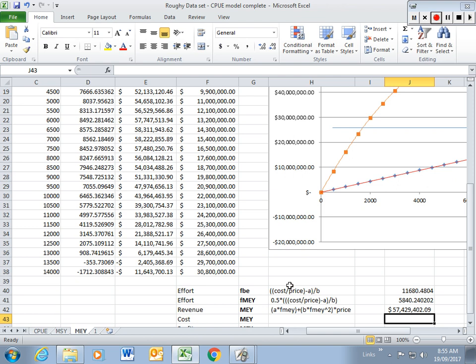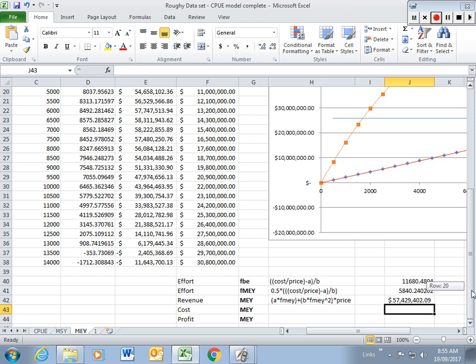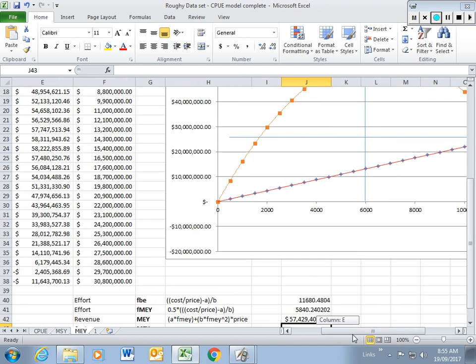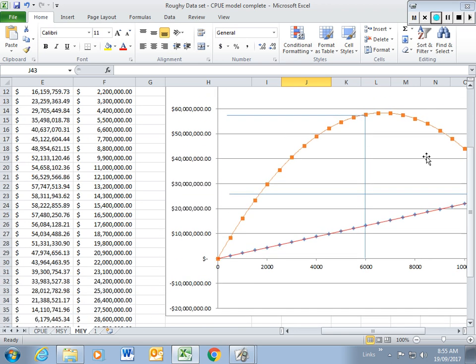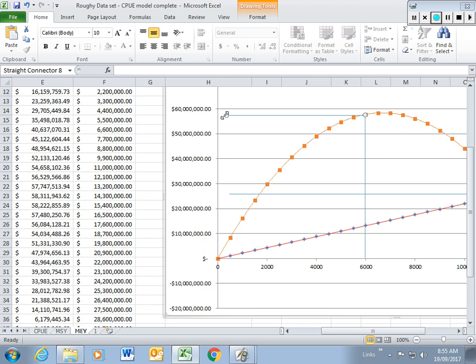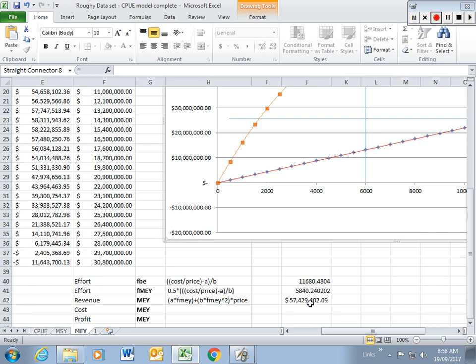Alright, so the total value of our fishery, if we look at it at this point in time, which makes sense now, doesn't make sense the way it was before because the numbers didn't line up with the chart. We draw our line up to here. I'll just extend this out, I must have accidentally shifted the chart a touch. It is roughly $57 million before we've applied any costs to the